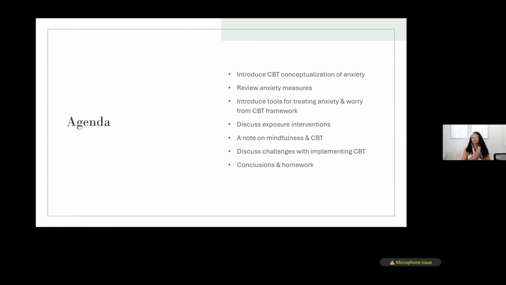I'm also going to give a note on mindfulness and CBT. I think that sometimes there is a misunderstanding about what mindfulness is really used for. And so I like to speak to mindfulness as a way of being, mindfulness as a way of seeing the world, even as a cognitive technique, as opposed to mindfulness being exclusively a relaxation technique or primarily a relaxation technique. We will get to some challenges with implementing CBT